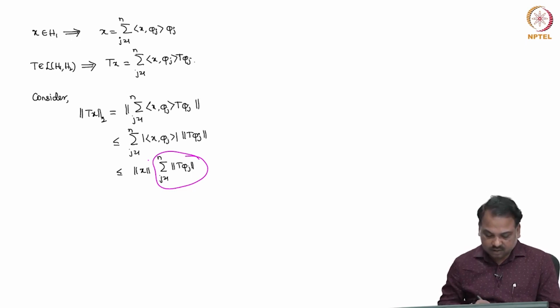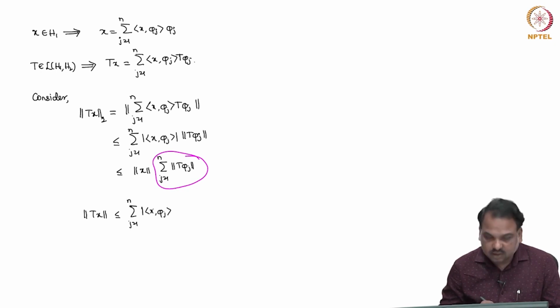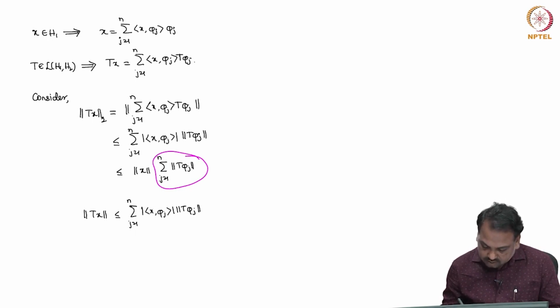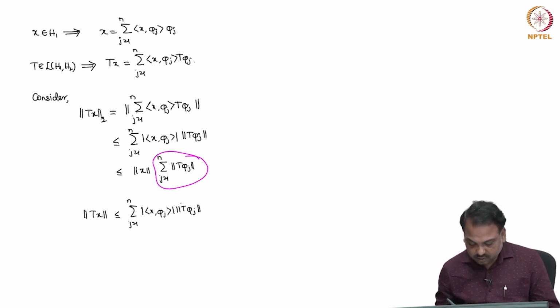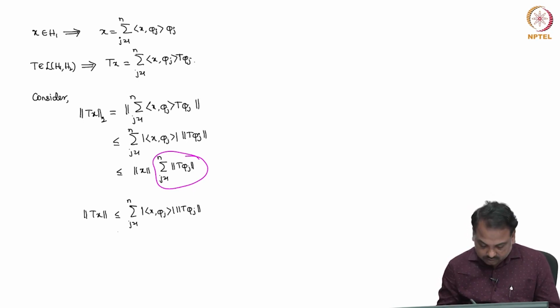So this is one way to say that T is bounded, but let us take a different way. Norm Tx is less than or equal to summation j equal to 1 to n modulus of inner product x with phi j multiplied by norm T phi j. Here if you apply Holder's inequality, we can get a better bound than whatever we got in the earlier step. By Holder's inequality we can say that summation j equal to 1 to n